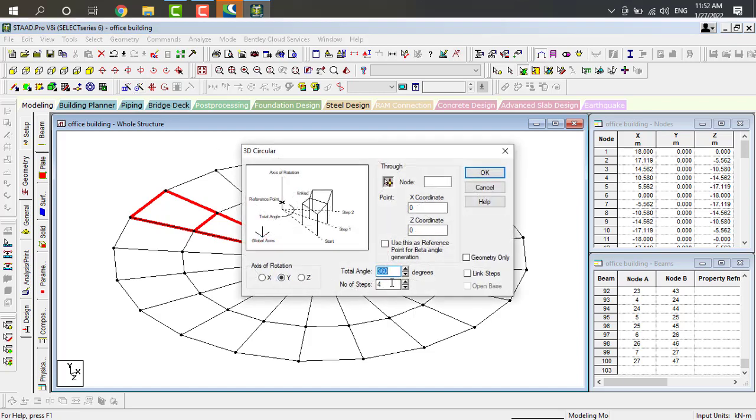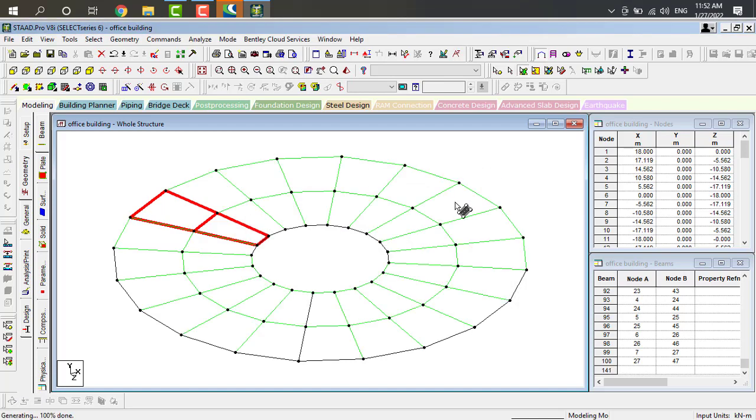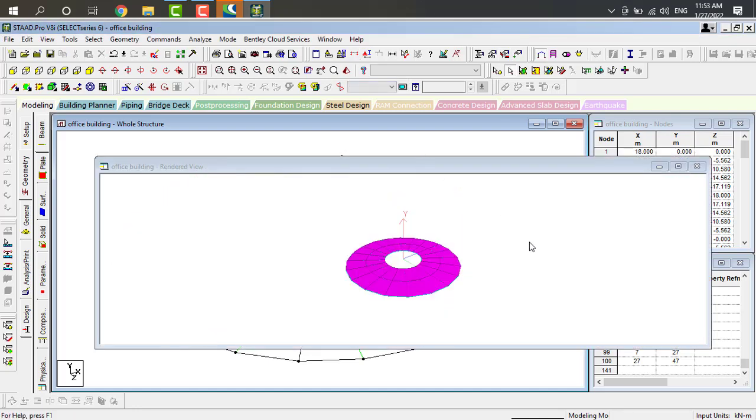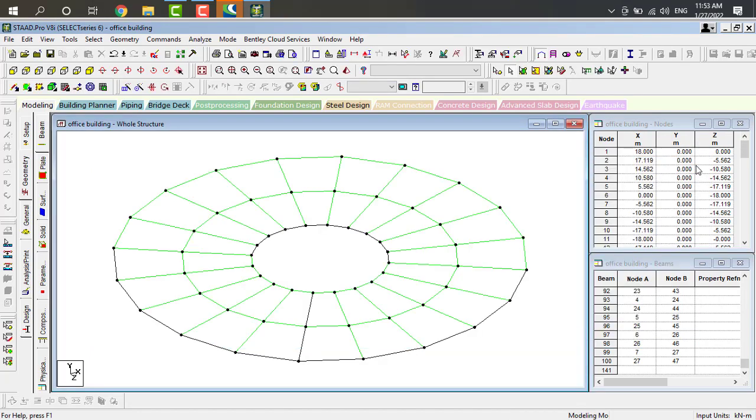Here in y direction the number of steps is 20. Just click on OK. Here our plates are also activated. So just click it and now it will be seen in 3D rendering view. Yes, this is our building, the bottom part of our building.